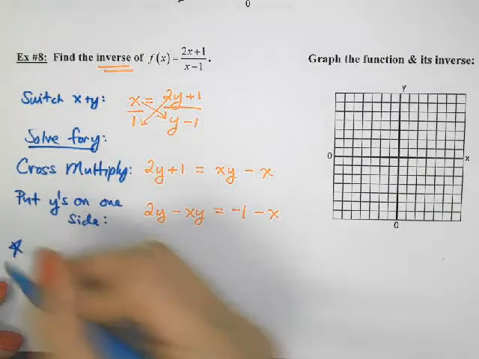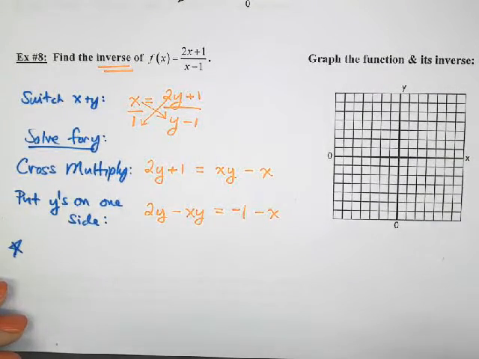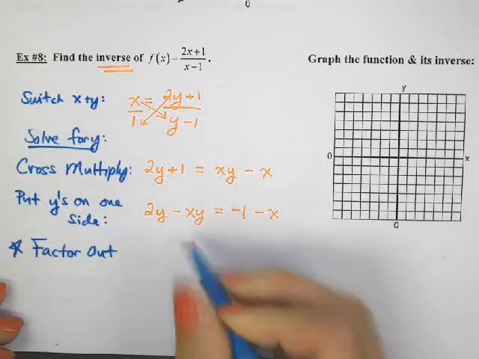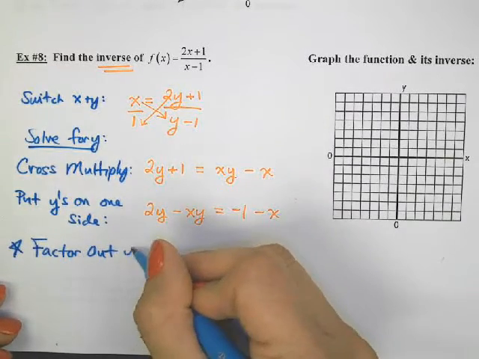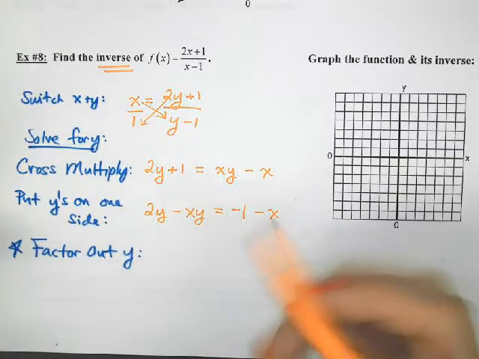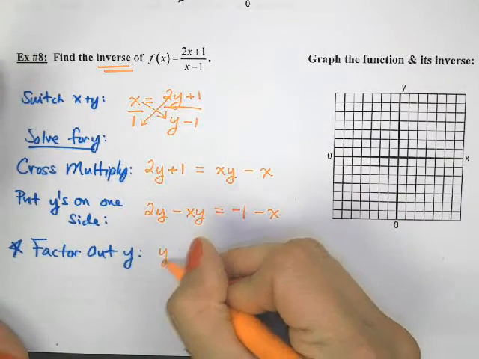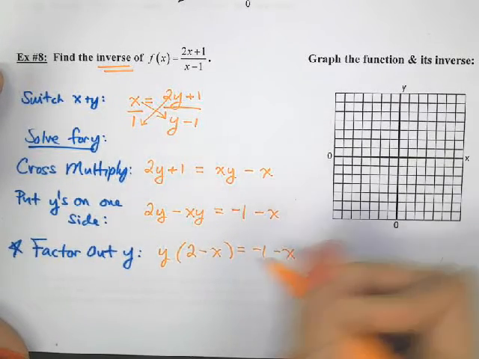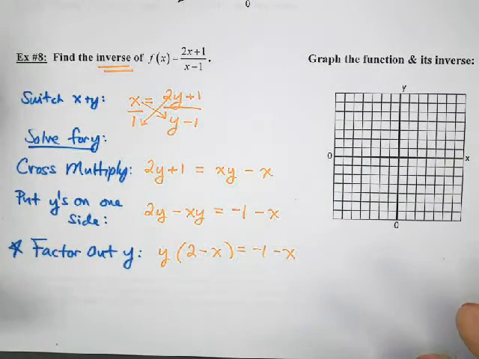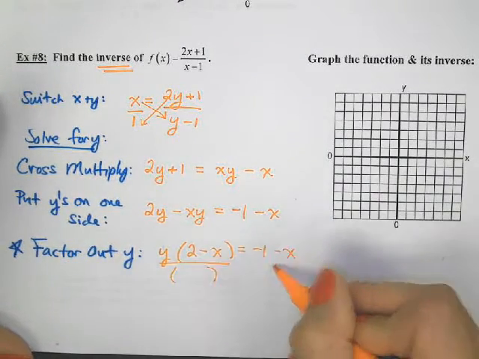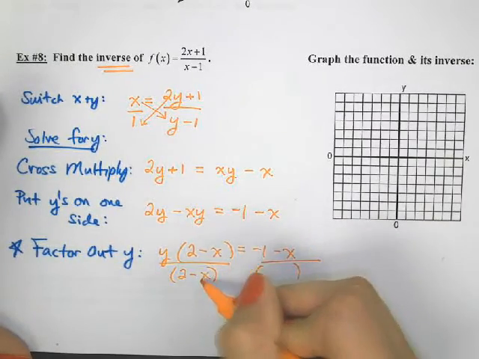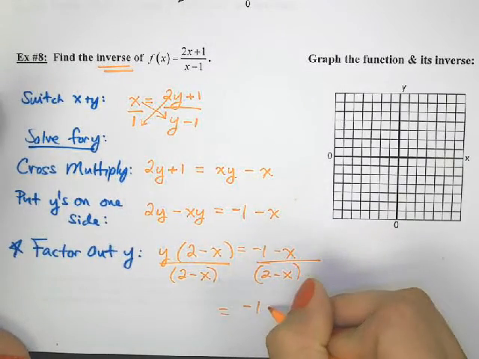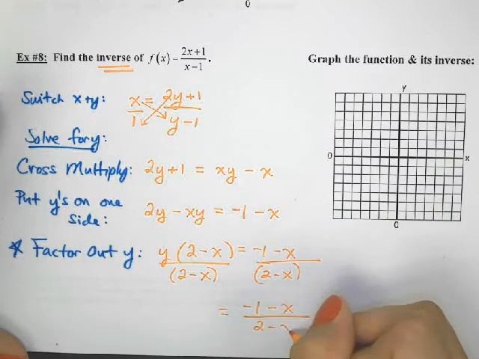Let's put a star by this next step. This is where people usually get stuck. And when in doubt, factor it out. What are we going to factor out? We're going to factor out a y. Okay, let's see. They both have a y. If I factor out a y, well, at least I only have one y now. But how is that supposed to help me say y equals? Oh, if I divide both sides by that quantity, 2 minus x, that makes y equals